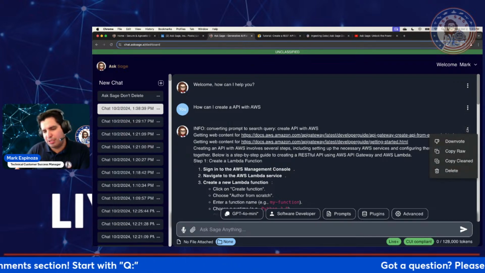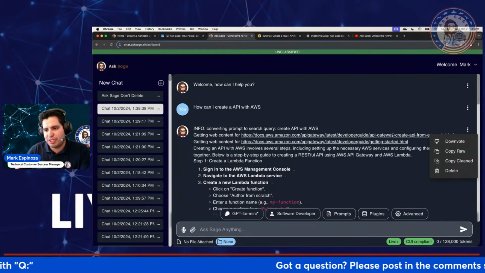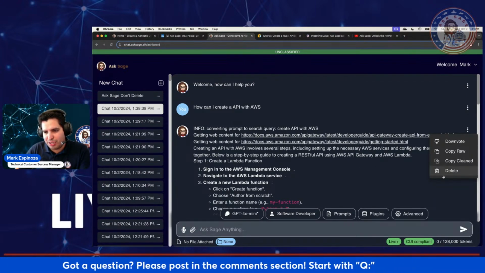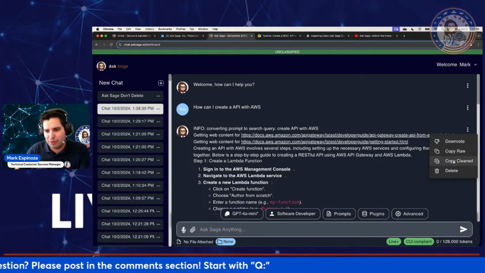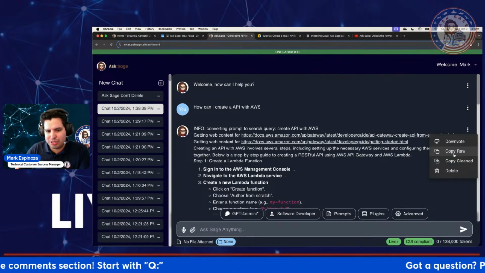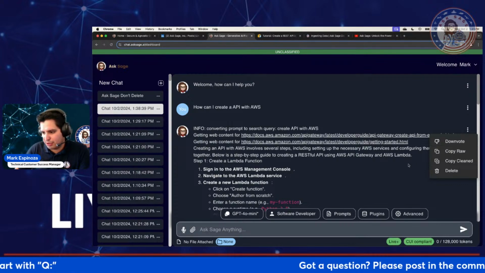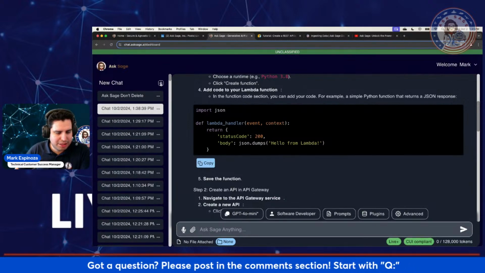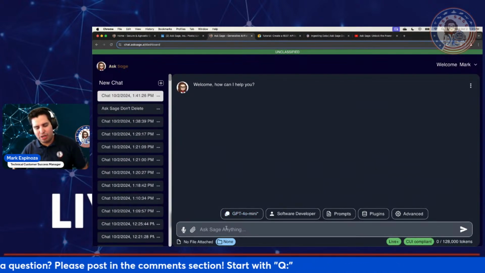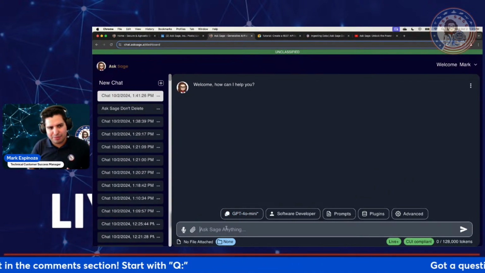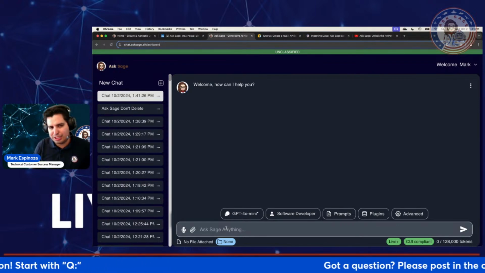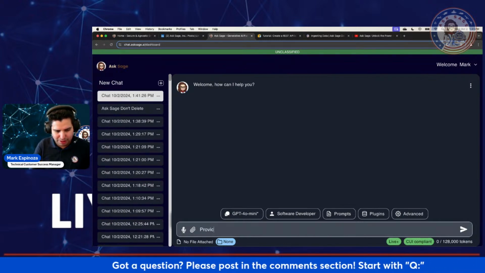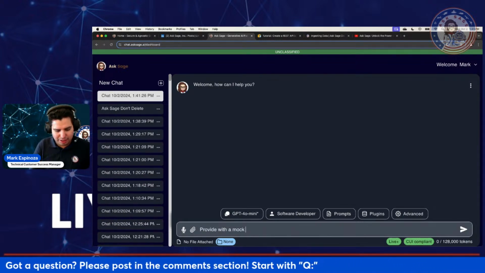Additionally, within your inference window, you can copy the context for each independent response using these 3 buttons. So like copy raw, copy clean, and copy raw is just going to give it to you in markdown language, right? So there's that. What else? Another thing that we are continuously working on is mermaid diagrams. So currently, AskSage does have the capability of rendering some mermaid diagrams. So let's see, provide me with a mock